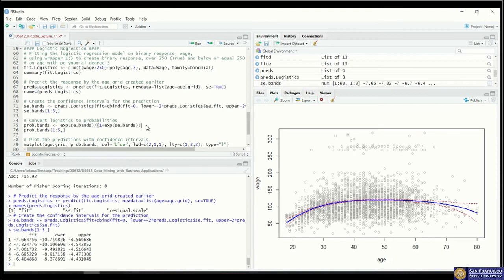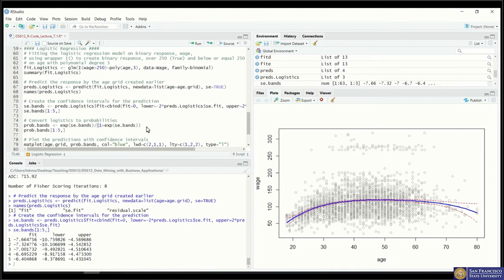You have to put it back into the logistic equation to calculate the probability. So here we have the exponential function applied to the SE bounds, the upper bound and lower bound, divided by 1 plus the exponential of the upper bound and lower bound. So we should return 2 columns from this,